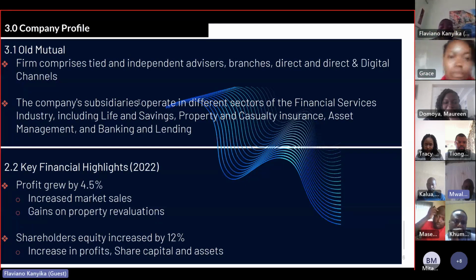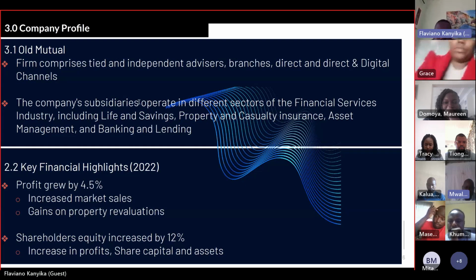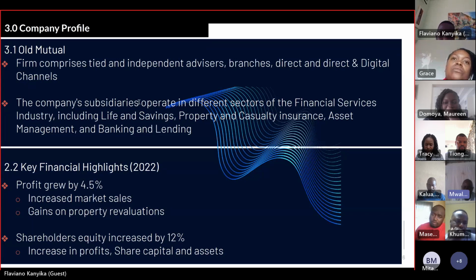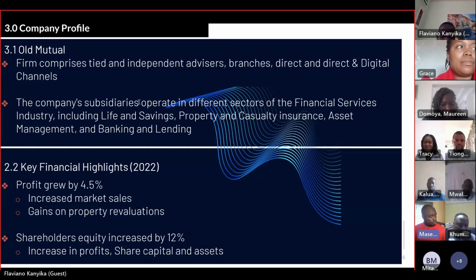For example, they operate in life and savings, property and casualty insurance, asset management, and banking and lending. So in terms of the financial highlights of Old Mutual, the profit grew by 4.5%, that is the 2022